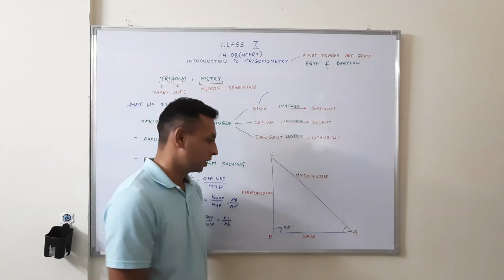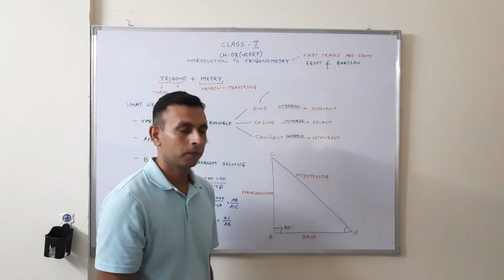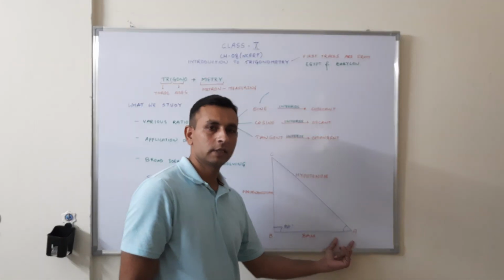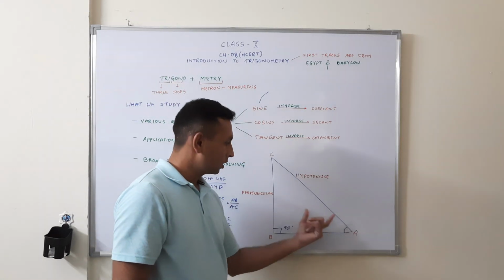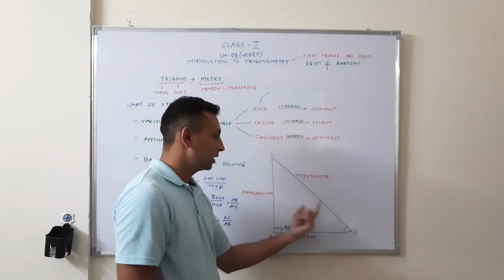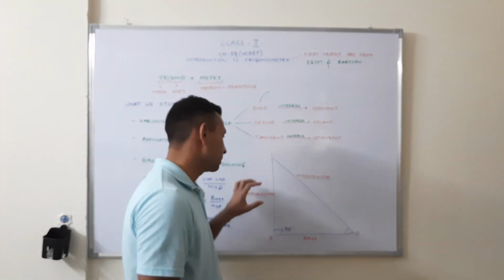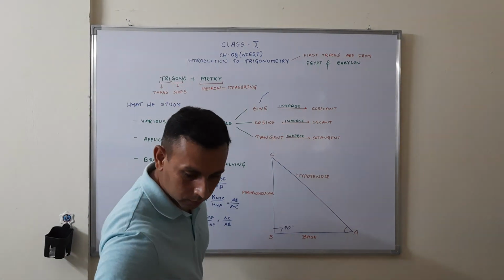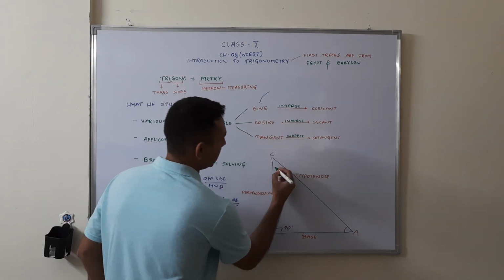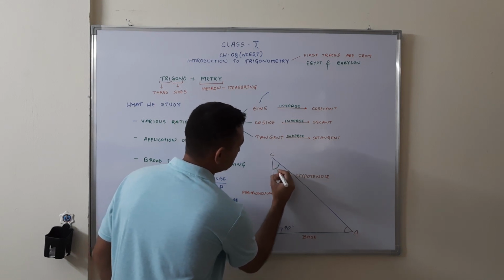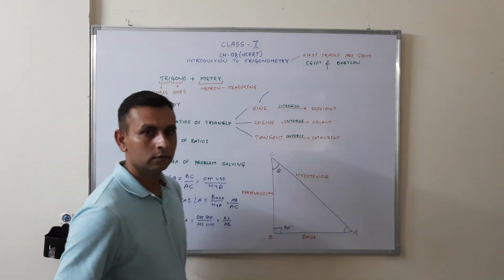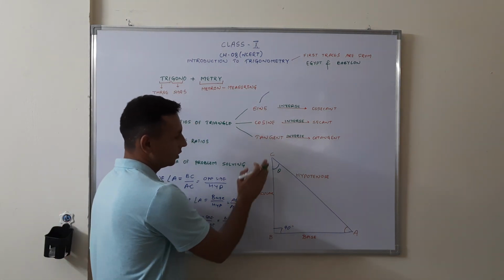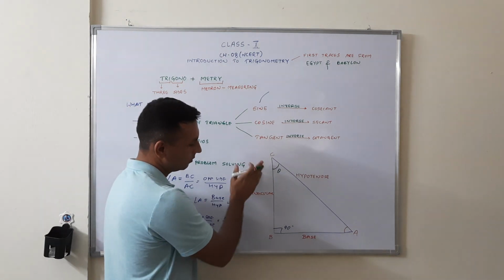Many students also have a doubt about what the adjacent side is. The nearest side to the angle you have considered is called the adjacent side. The farthest side from the angle you have considered is the opposite side, and I think there is no doubt about the hypotenuse. Okay. Now, if I take the angle as this, if I take theta, its opposite side will be AB and its adjacent side will be BC.